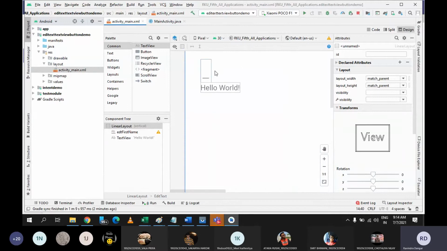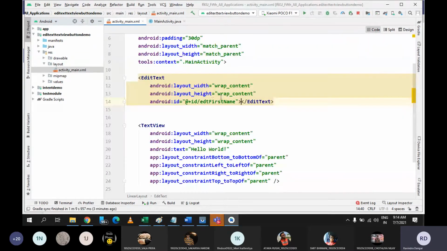See, as of now in this edit text I'm using wrap content, so as of now there are no characters, no letters, so it is very small, but once you write something, then it will spread this edit text. But still, if you want to set this specific thing, then you can do it. In the edit text you can change the width also, you can do manual changes also.